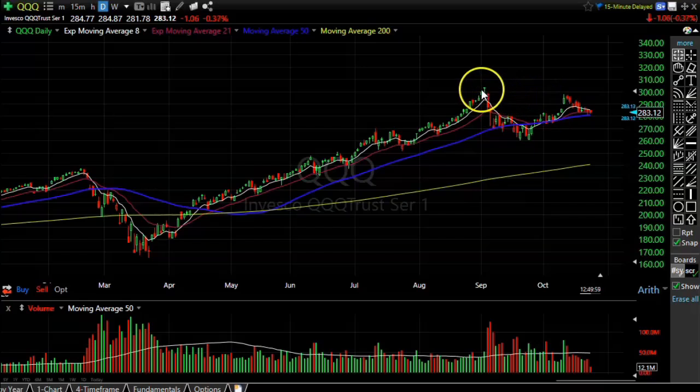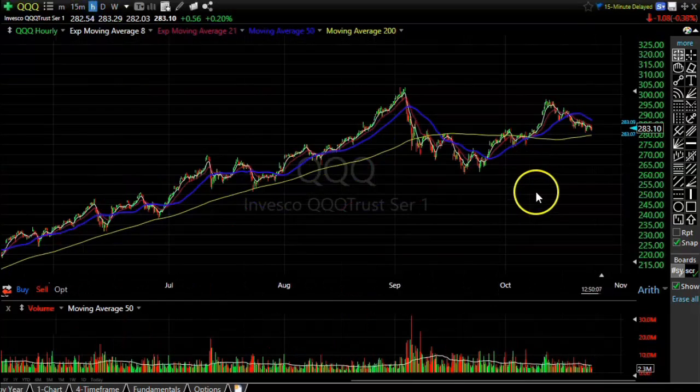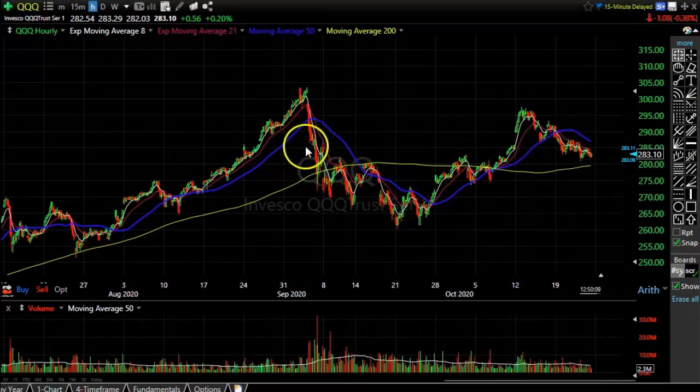But it looks like we are forming a cup and handle on the averages, which is actually a very bullish chart. And if I get to the hourly chart, we can see it a little easier. We got this rounded bottom, and it is tapering off, forming the handle. This handle is probably a little longer than it should be, but it's not terrible. But it definitely has the